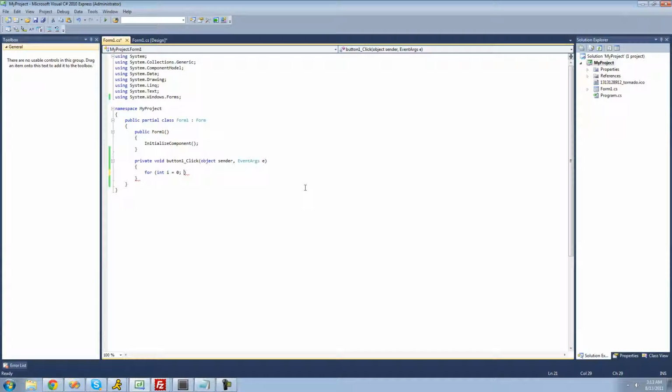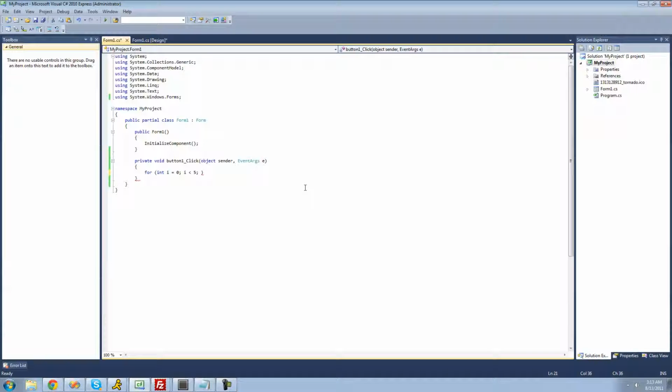Basically, before it loops each time, it's going to check this conditional statement. If it returns true, then it's going to proceed through the for loop and loop again. But if it returns false, it's just going to stop executing and never loop through again. So we're going to say while i is less than 5, and then the third statement is executed after it